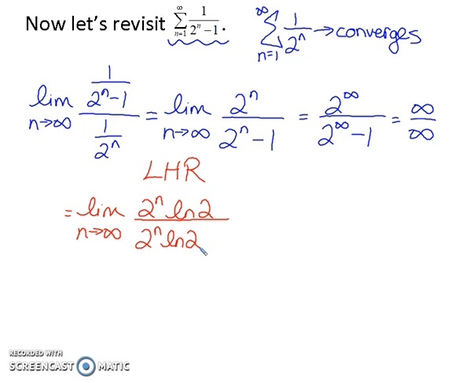So notice the derivatives turn out to be exactly the same. So this actually ends up being the limit as n goes to infinity of 1. So my answer is 1, which is positive and finite. It is an actual number. So both of those conditions were met. So we could say, therefore,